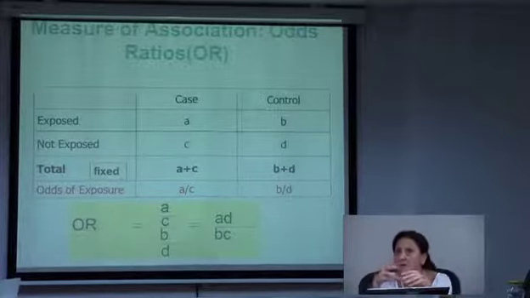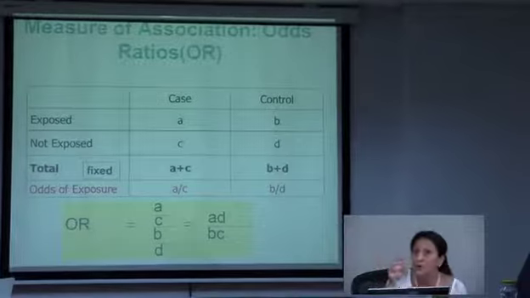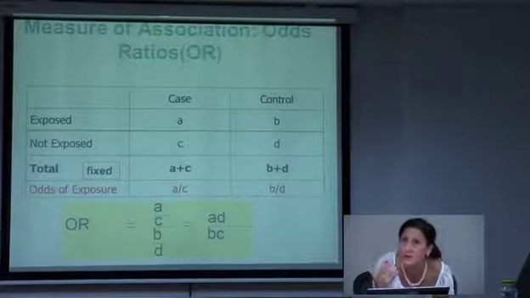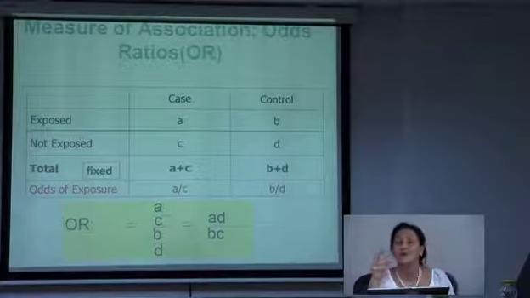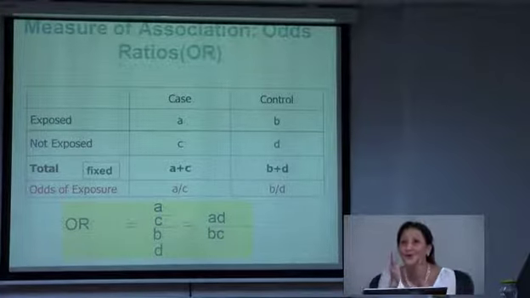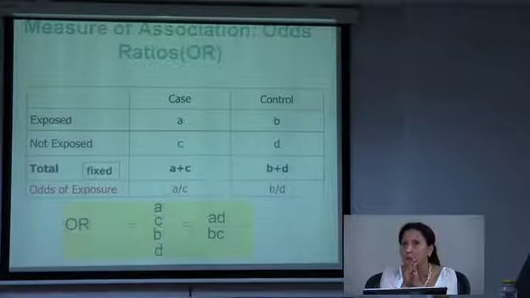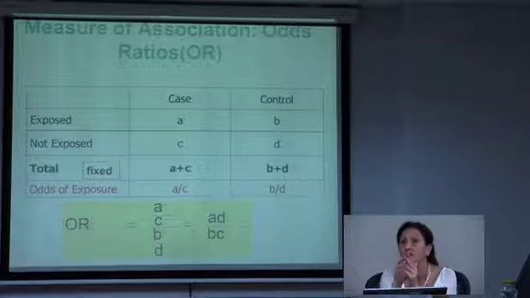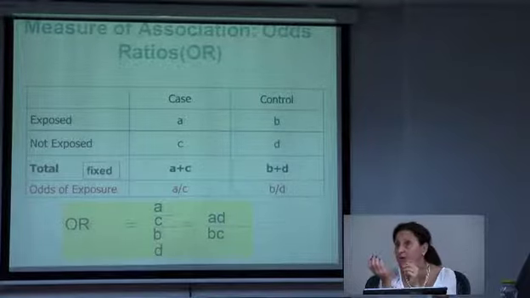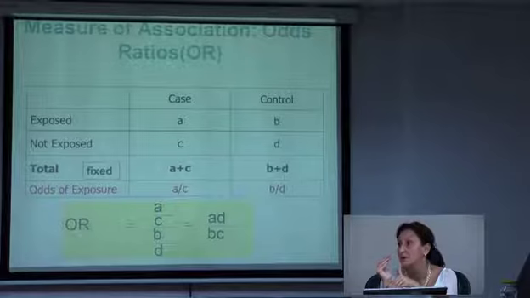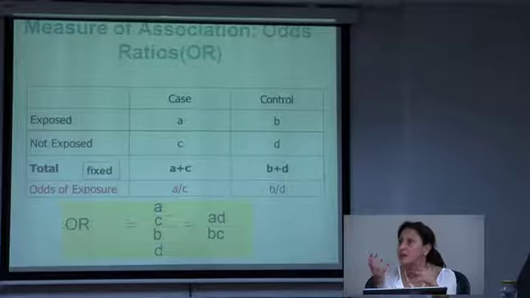I can measure odds. The odds of exposure or the odds of the disease, or being a case. So in that example, what's the odds of exposure in the cases? It's A over C. And what's my odds of exposure in the controls? It's B over D. So the ratio of the odds is my odds ratio,